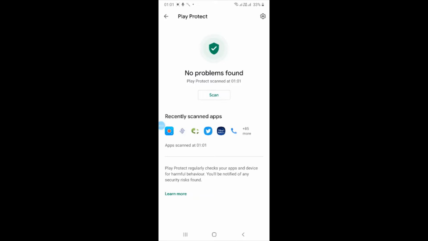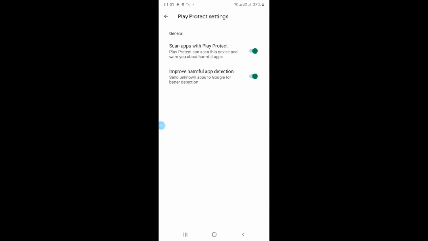Okay, you can see that on the top right corner there is a settings icon. Click on the settings icon, and you will see here scan apps with Play Protect. As I said, Play Protect is on. Actually, Google Play Protect is on by default. It is for our application safety. The second option is improve harmful app detection.